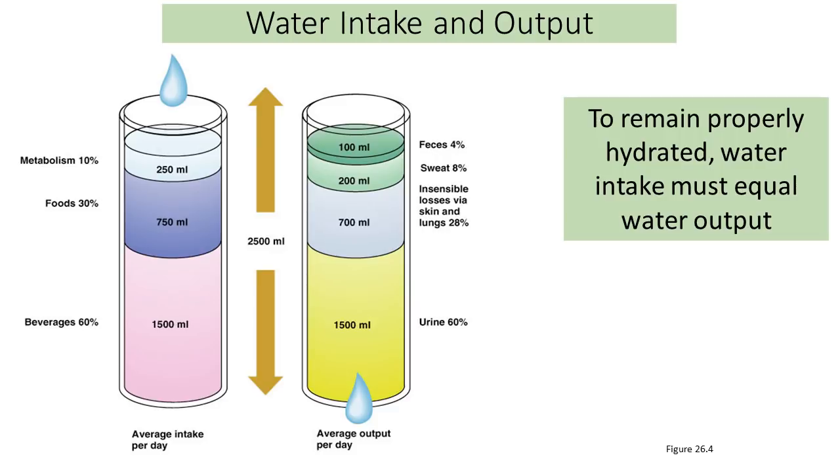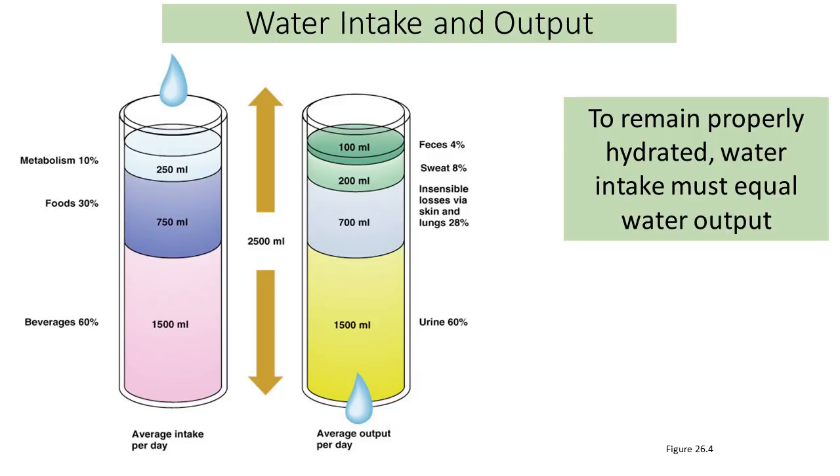On average, human beings lose about 2.5 liters of water a day, and so water that's lost has to be replaced. So to remain properly hydrated, water intake must equal water output. Where we get water from: approximately 1.5 liters of that 2.5 liters will come from the fluids that we drink. 30% will come from the water within the food that we consume, and about 10% will come from the